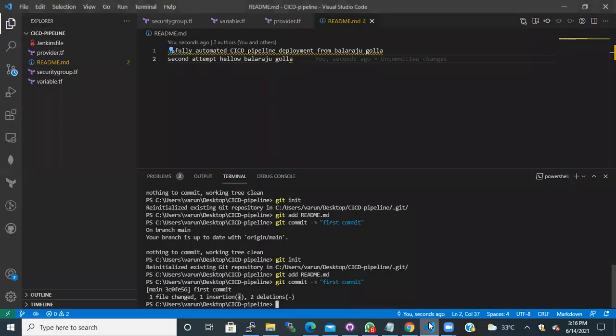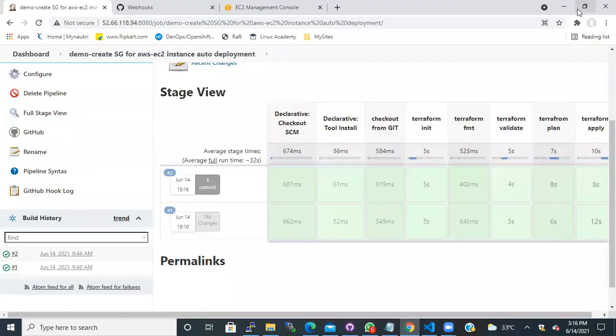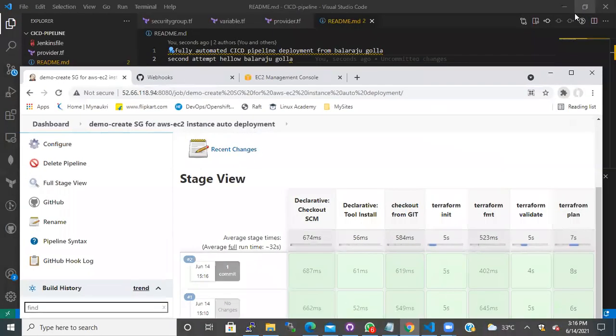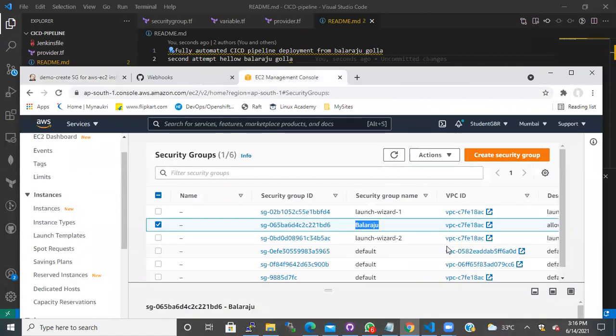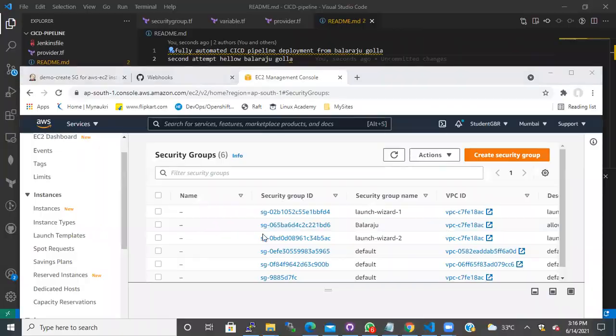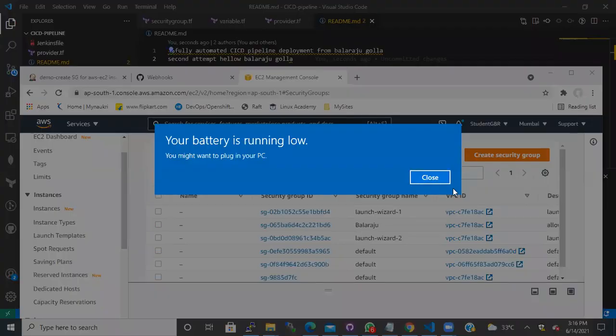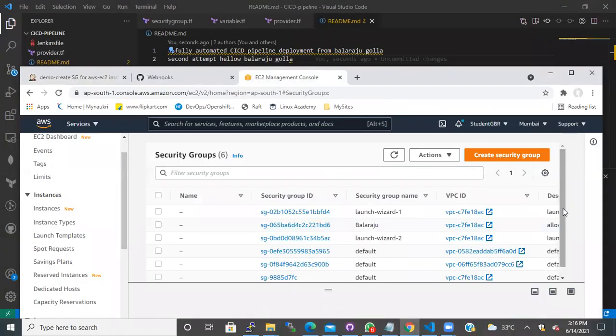Now, let me quickly show you. We have this, right? If you come here, EC2 instance, we have Balaraju that is created, right? So let me just delete it.